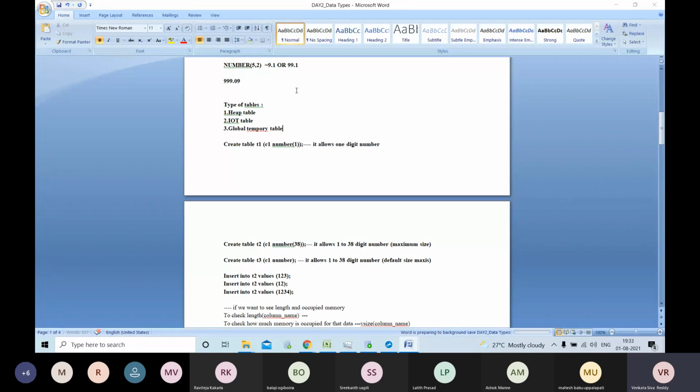So in Oracle, we have 3 different types of tables. The heap table is the default table.